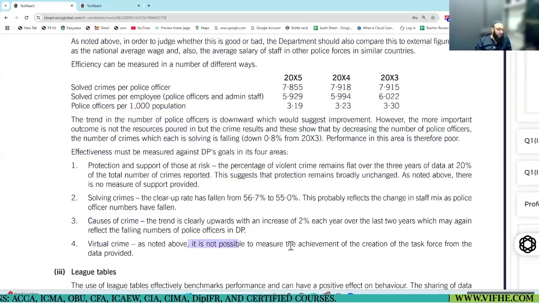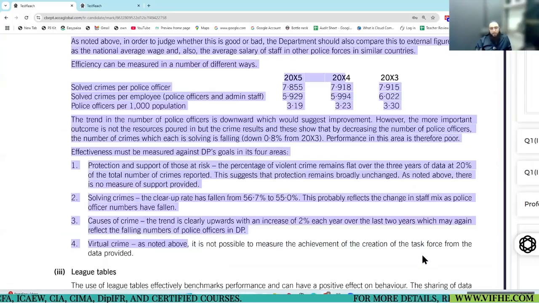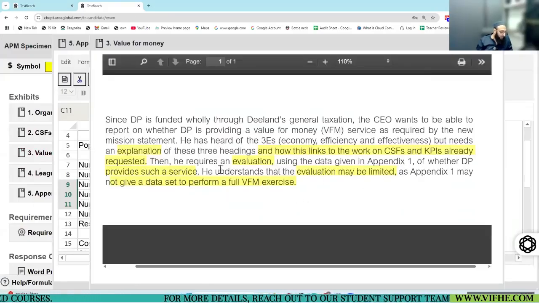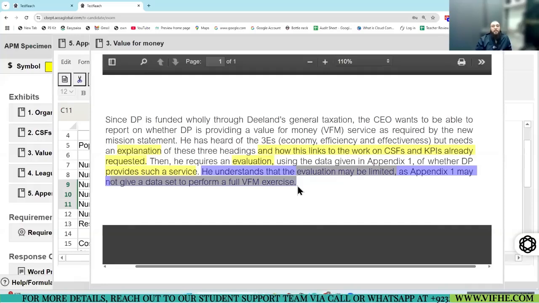For virtual crime, they have mentioned that it is not possible to measure because we don't have the data available. Let me tell you, in the question, read this: he understands the evaluation may be limited as appendix 1 may not give a data set to perform a full VFM exercise.